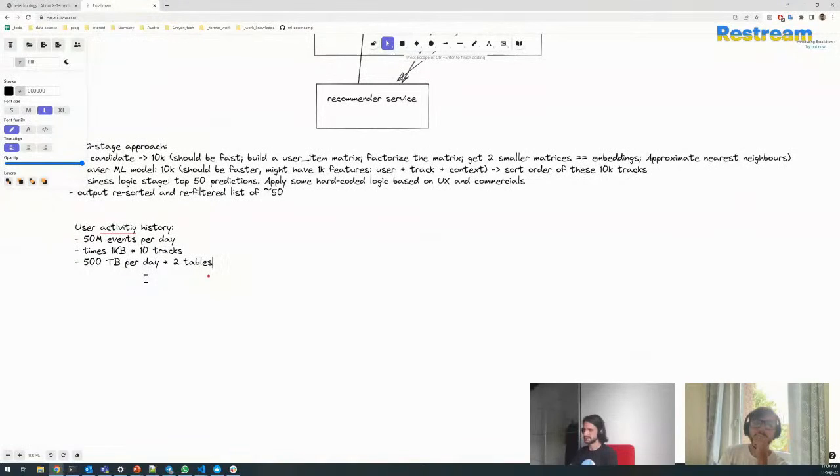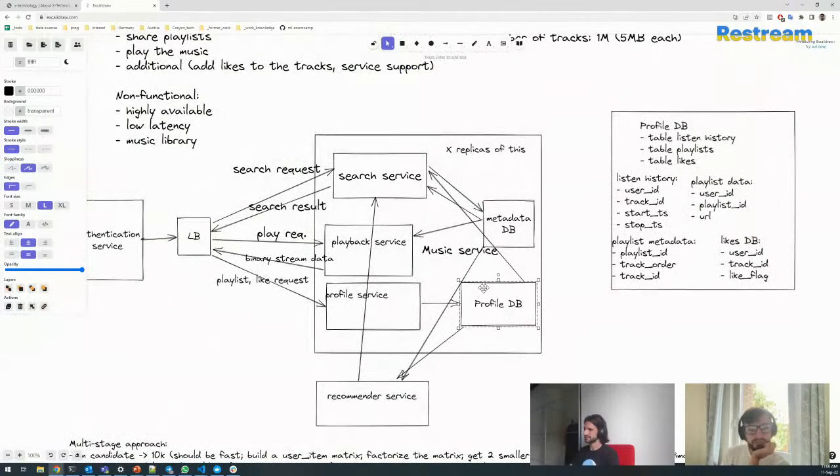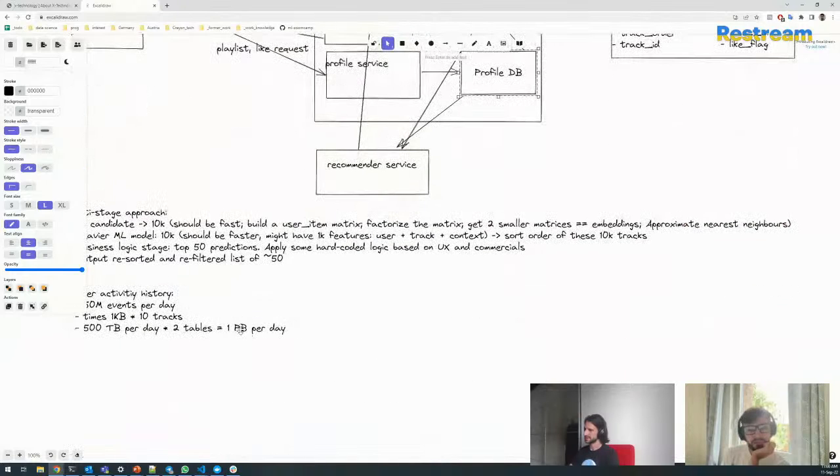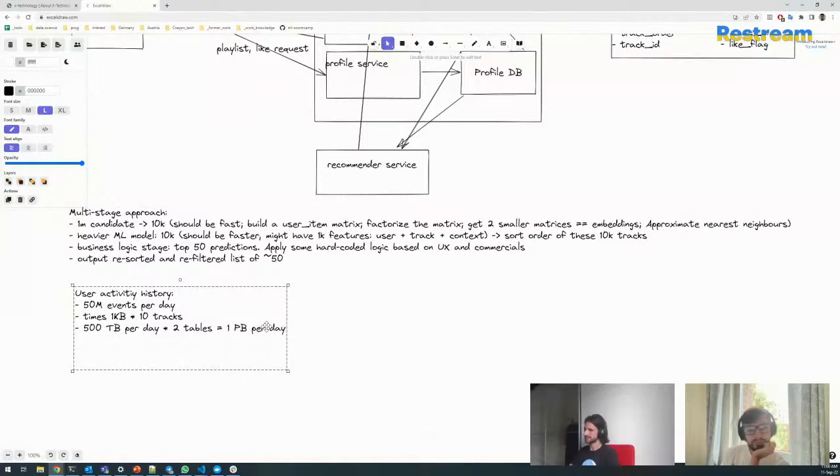So what goes after tera? Peta, right? I guess. Yeah, I'm not sure. So 1 petabyte per day of new data, and that's huge. So actually, this profile DB should be a really big one. I think you cannot. There are no machines which can store 1 petabyte. So